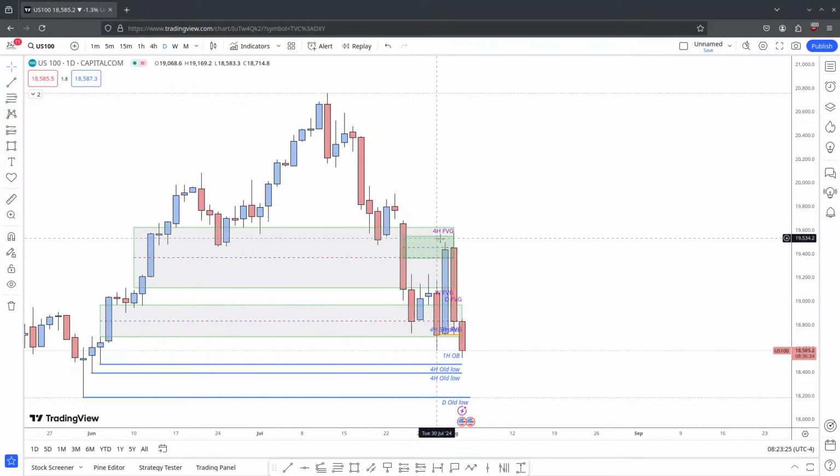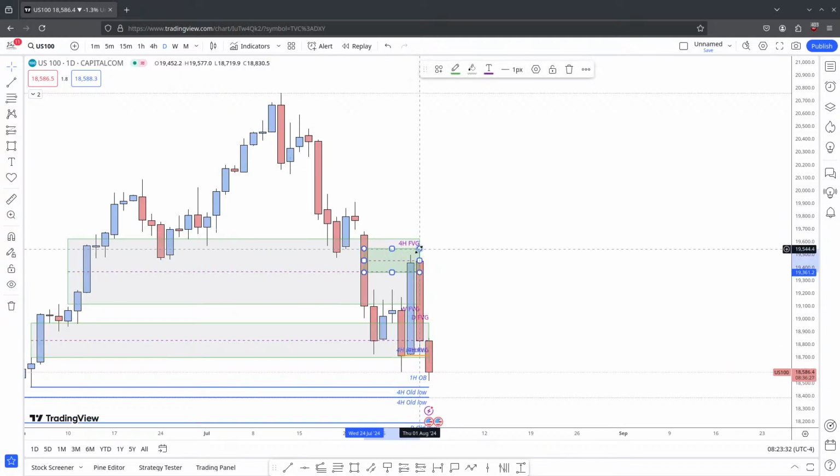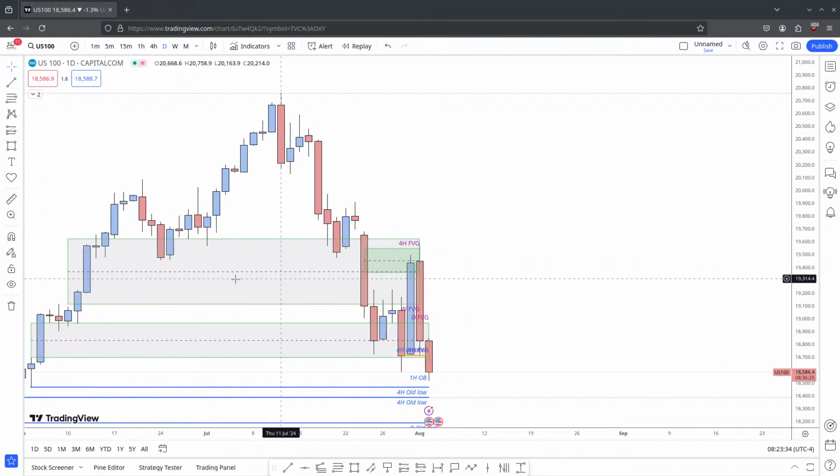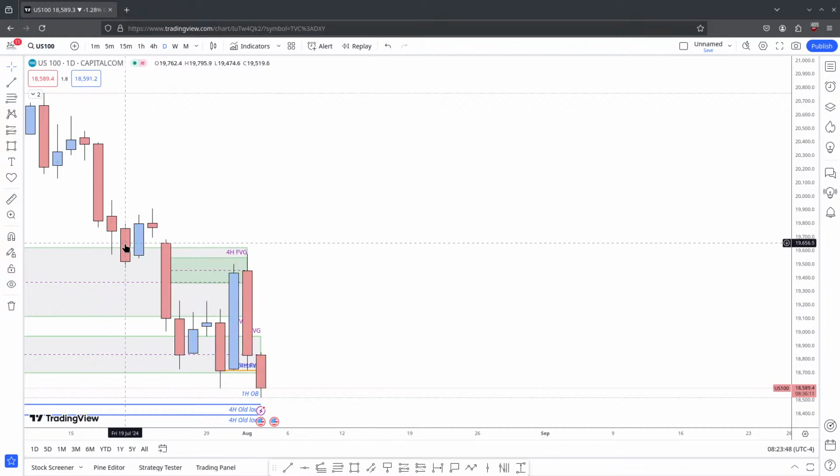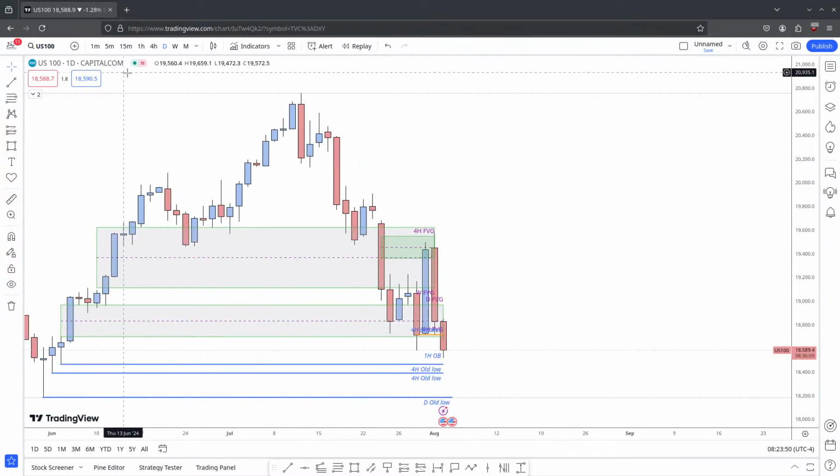The fact that we traded on higher time frame into this daily fair value gap here, as well as this weekly fair value gap here. And look at this consequent encroachment. We traded into that, we closed back below that, we moved away, we rejected that level very clearly. We also traded into this daily order block. So on a higher time frame, NAS is very clearly bearish,